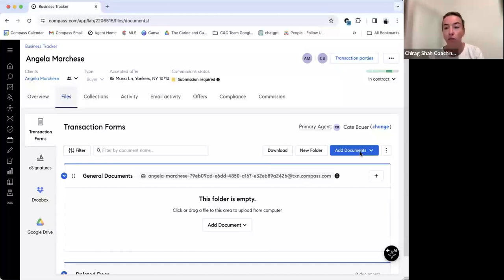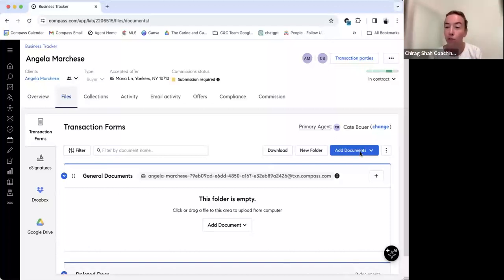I think a board package is a phenomenal example of something that maybe isn't needed for compliance to actually go and get paid, but it doesn't mean that it's not something you probably want to keep really good track of, at least my OCD brain. I love a board package that scratches my itch for all my OCD for the year. So it'll be nice to be able to put that in here.